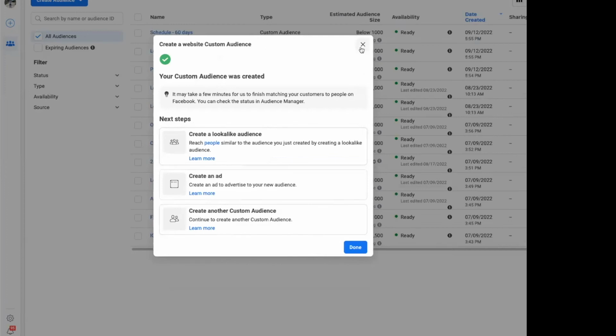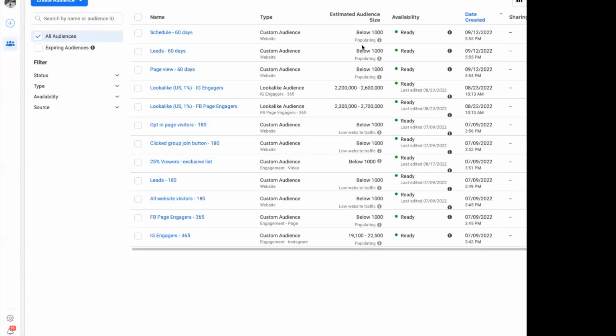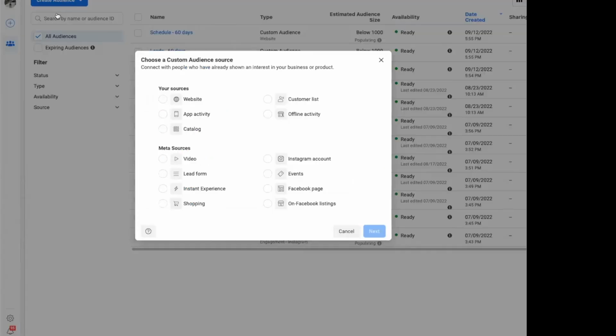And again, if you have more events, then you're going to want to make a custom audience for all of your events, all of them. It's very important that you don't skip that step. And one last important custom audience that you're going to have to create is: go to create audience, custom audience,